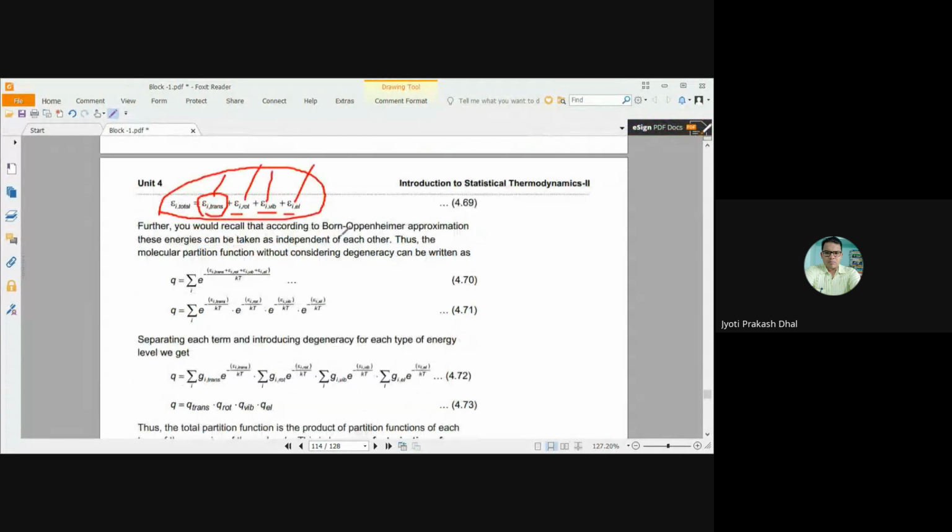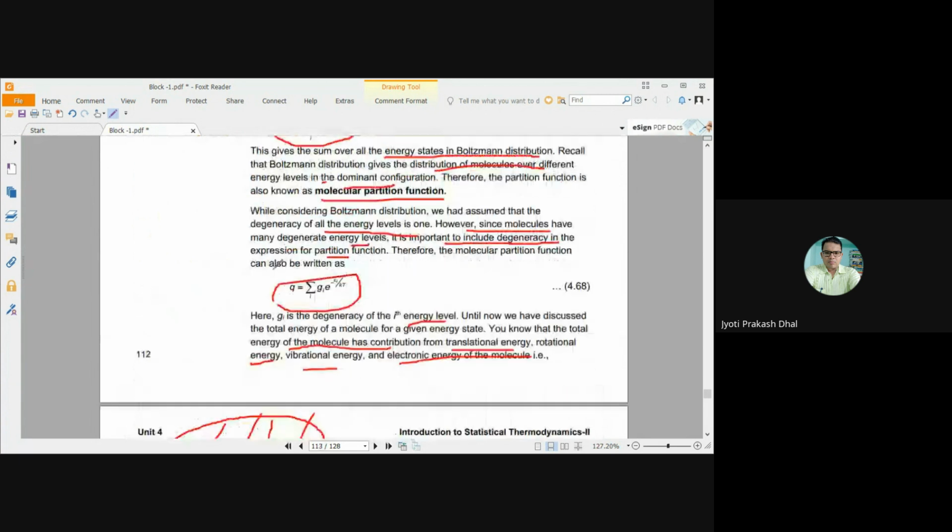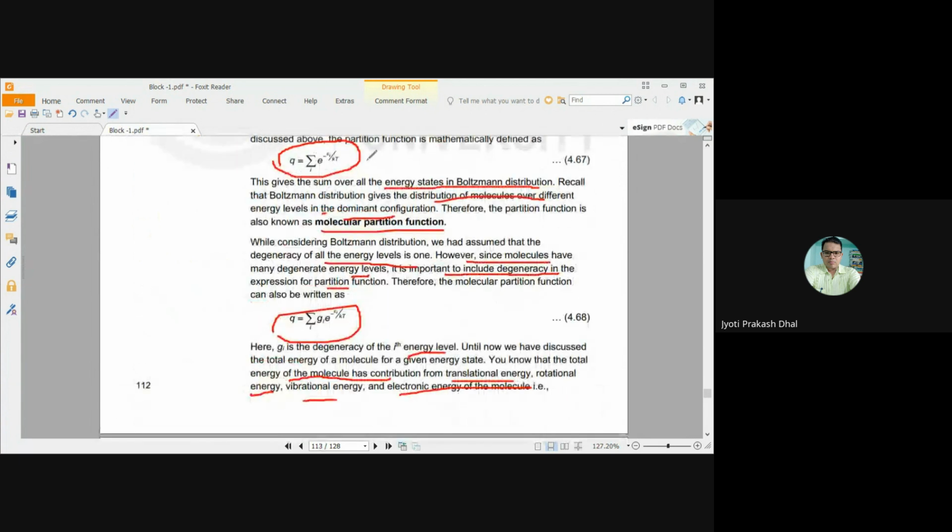According to the Born-Oppenheimer approximation, these energies can be taken as independent of each other. That means no term of energy is dependent upon another. Thus, the molecular partition function without considering the degeneracy can be written as Q equals this. So this is the partition function. If we put this value in the partition function equation